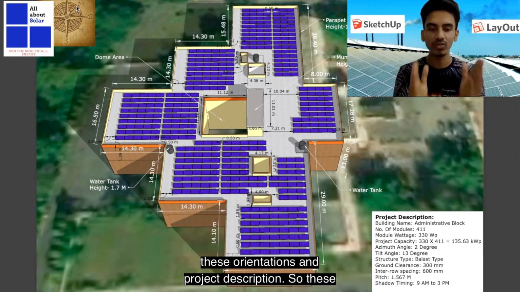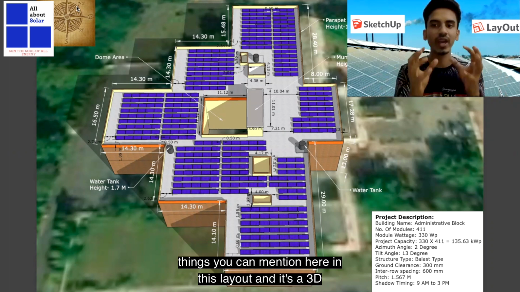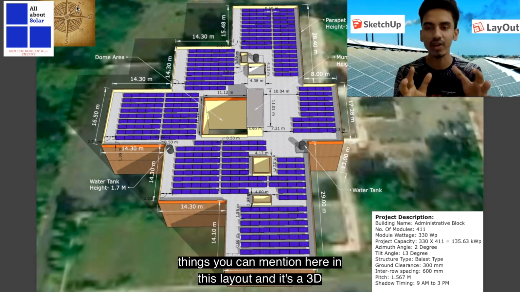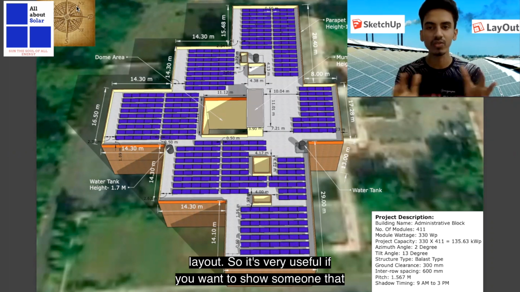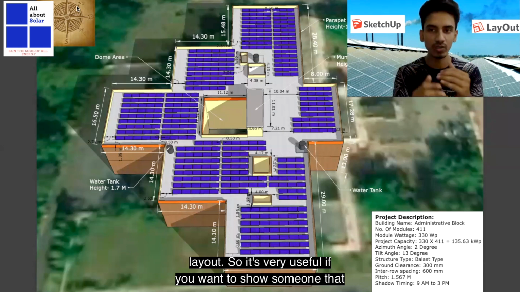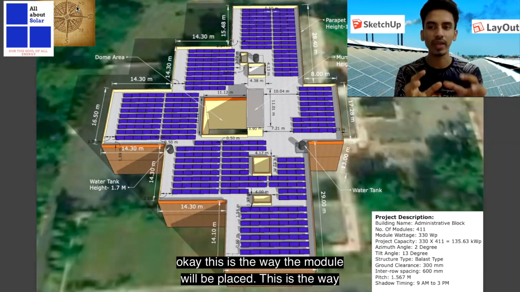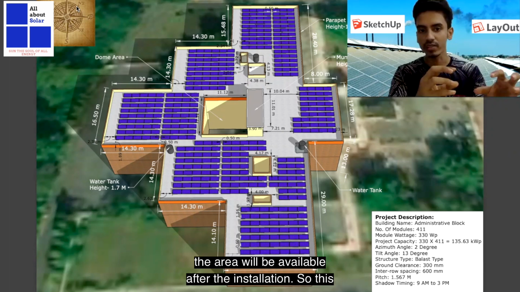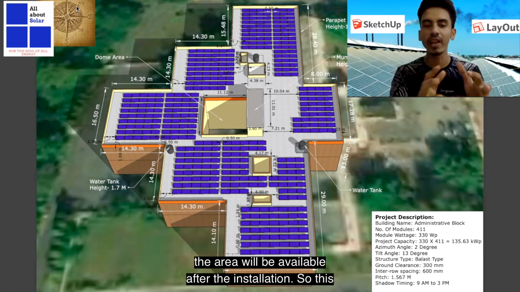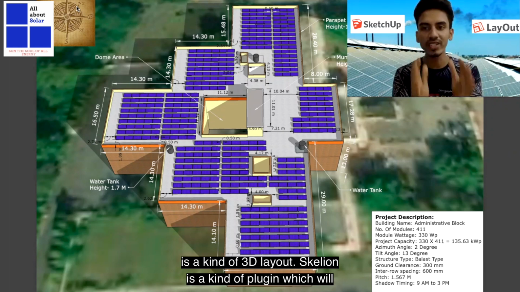You can mention these orientations and the project description here in Layout, and it's a 3D layout. It's very useful if you want to show someone the way the modules will be placed and how the area will be available after the installation.